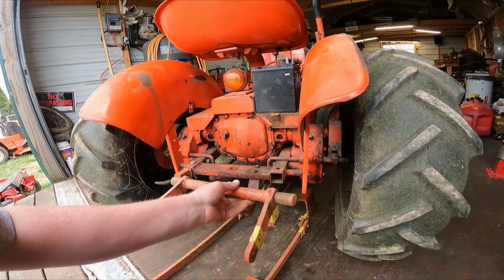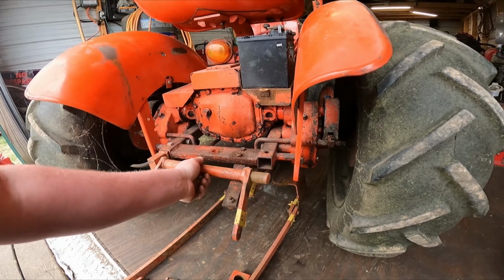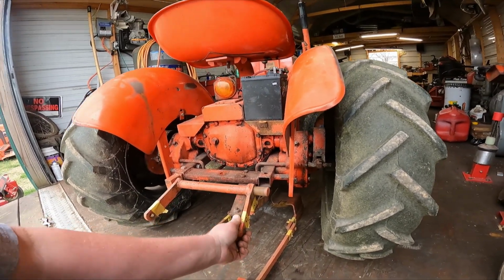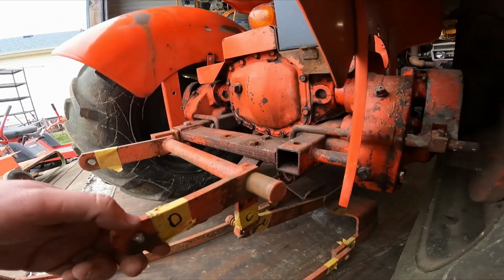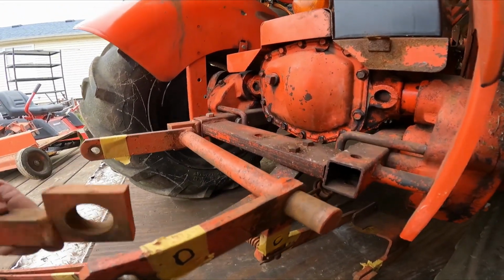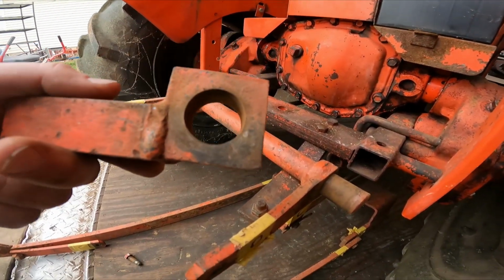But you can kind of see where this is all going, and I'm trying to decide if that doesn't really feel correct. I don't know, what do you guys think? You think these need to be like that or like that? The wear pattern actually would suggest...